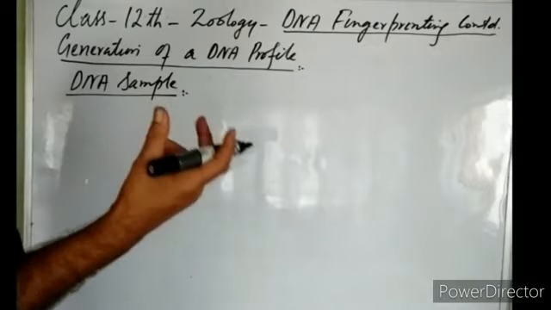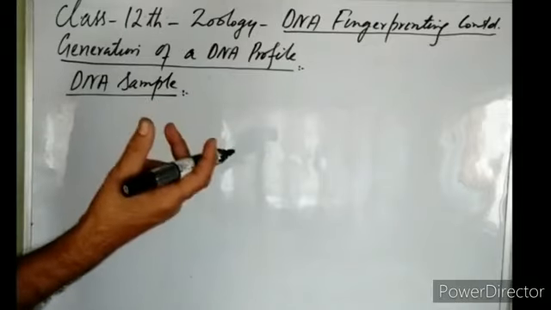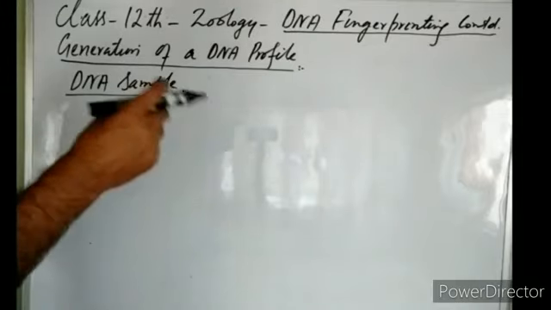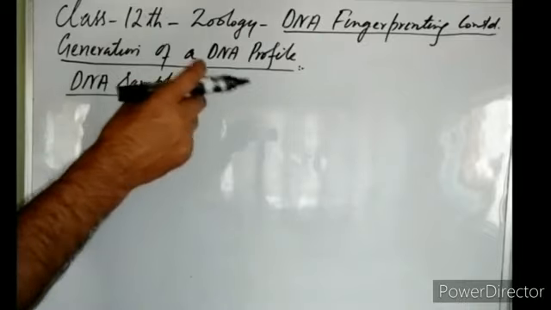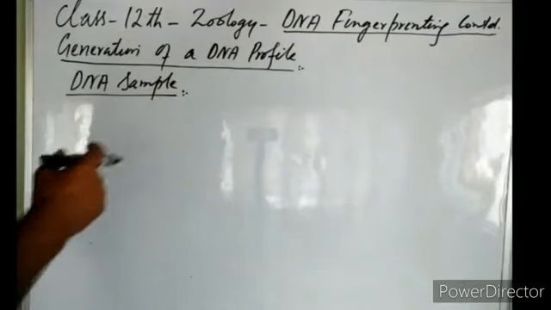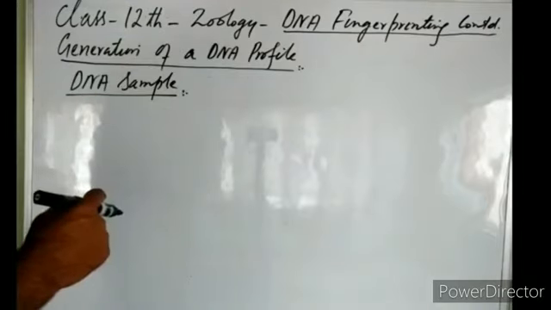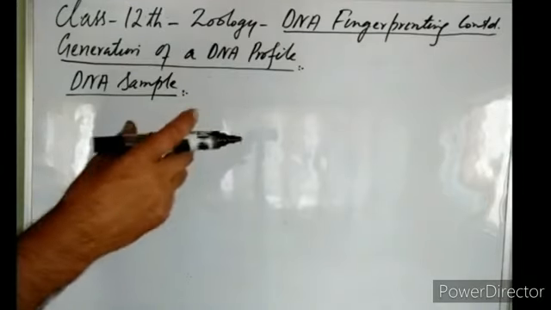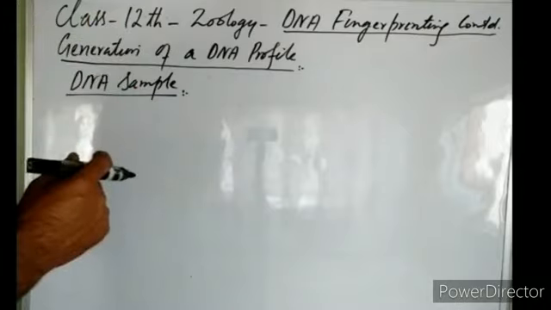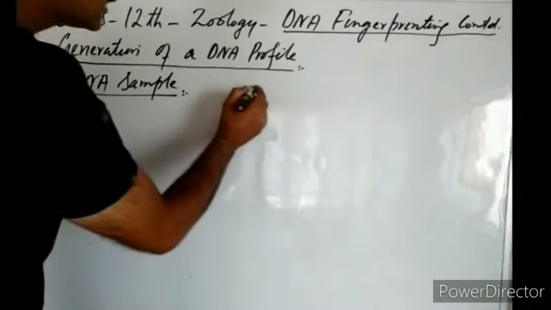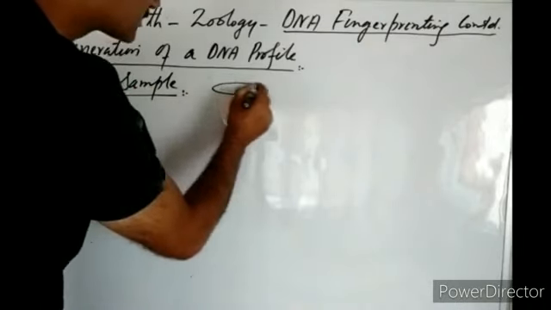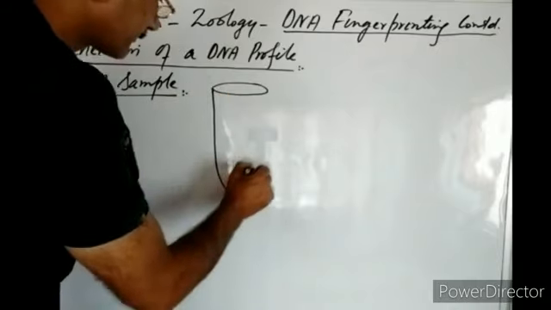only the 16 chromosomes are targeted. I told you yesterday which chromosomes: chromosome number 1, 2, 3, 4, 5, then 7, 8, as I mentioned yesterday. Those 16 chromosomes are taken out from the nucleus of the cell. From those 16 chromosomes, the DNA is taken out. Then that DNA is cut into smaller fragments. This is our DNA sample.